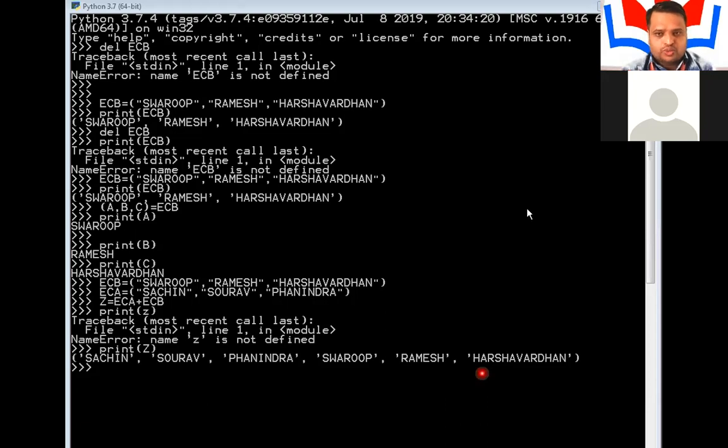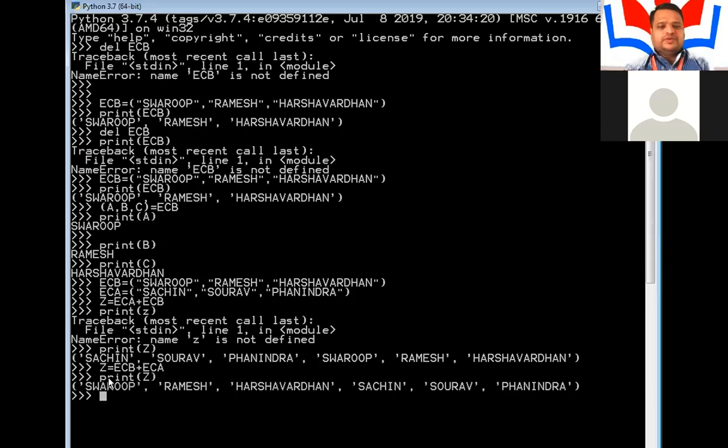What you need to do is just change the tuple order: instead of giving ECA first, you specify ECB, and then ECA. Now I will be printing the value of z.